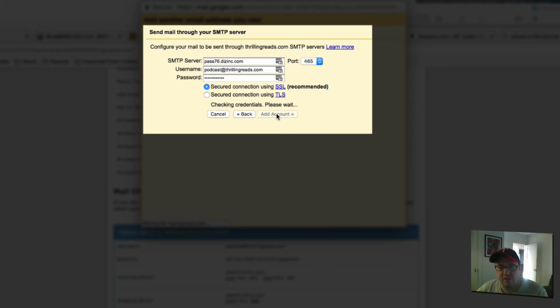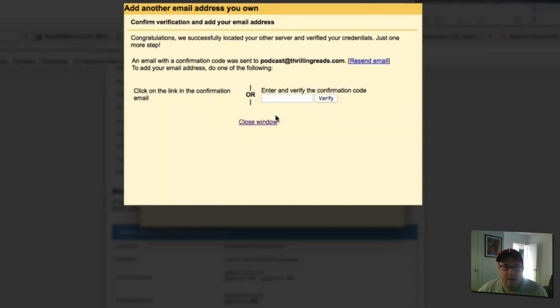It's going to check these credentials. It takes a few seconds. Doesn't take very long. And boom, done. Confirm verification and add your email address. So it says right here,